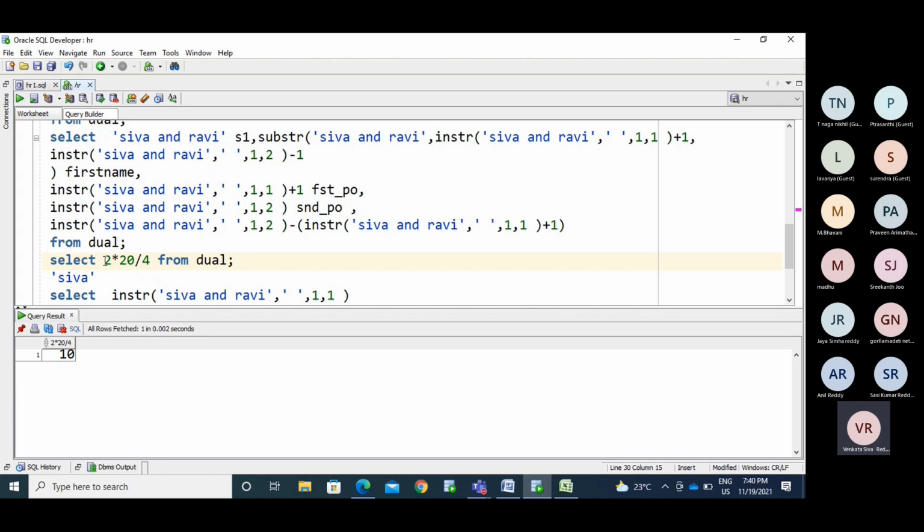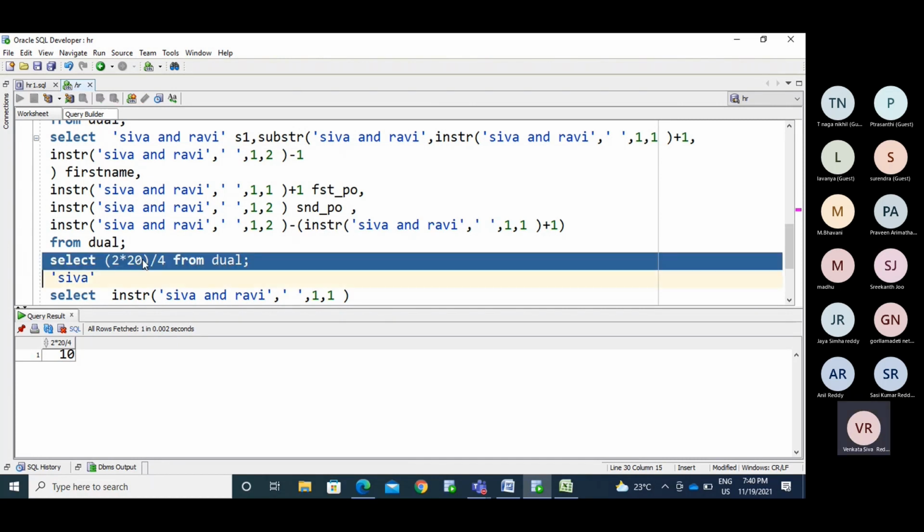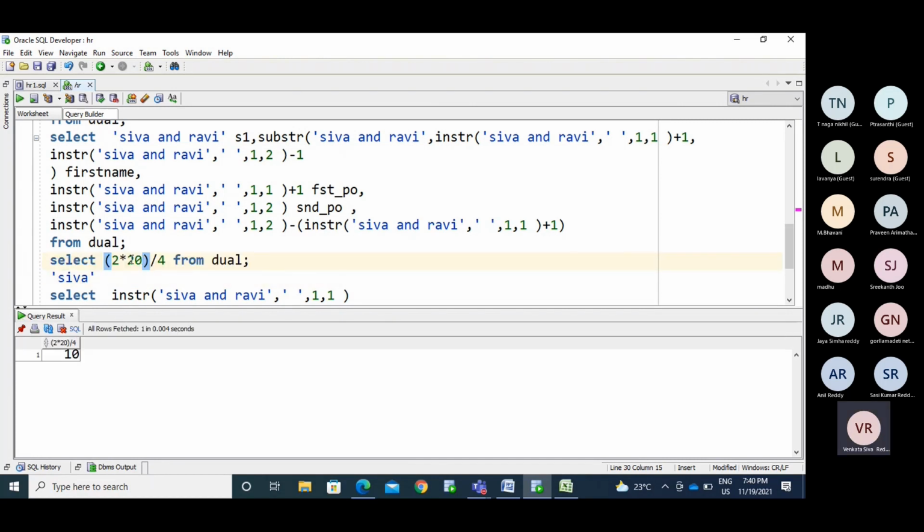Now see like this. This you will also get by the same method. 10.